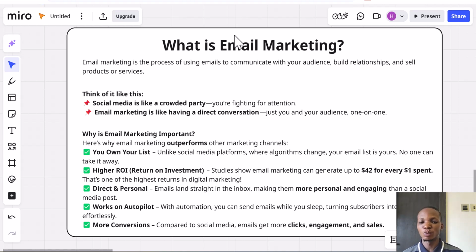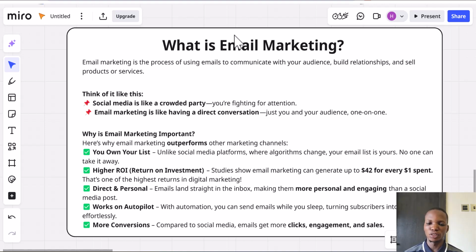The mistake a lot of people make in email marketing is that they think it's just about selling, selling, selling. But you actually need to build a lot of relationship. You need to build trust. You need to build some kind of community, form a bond with your audience or subscribers, and then you are going to sell your products and services easily.